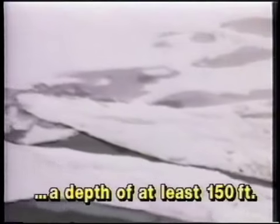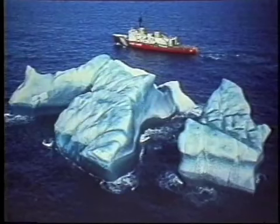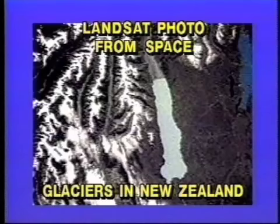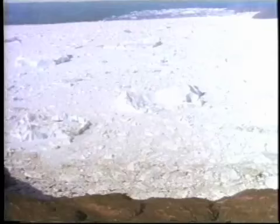Glaciers start forming usually when snow reaches a depth of at least 150 feet. Moving yards, or sometimes only inches per year, glaciers, like this one in New Zealand photographed from space, can over time drastically change terrain. The largest glaciers are the huge sheets of ice, sometimes several miles thick, that are the